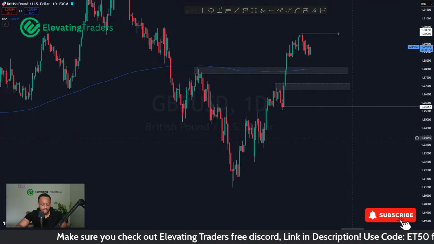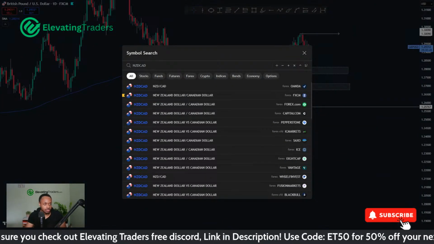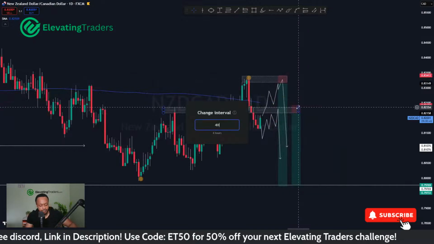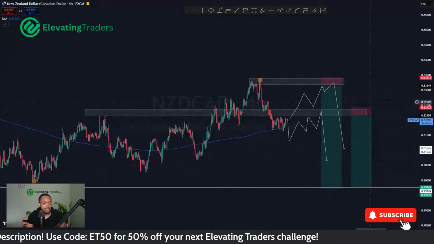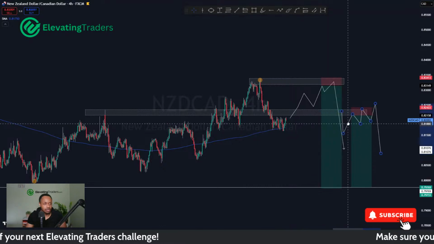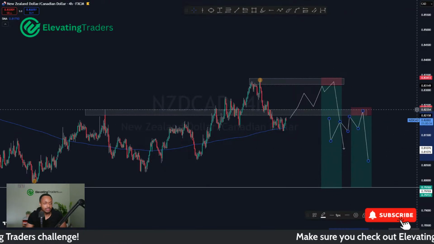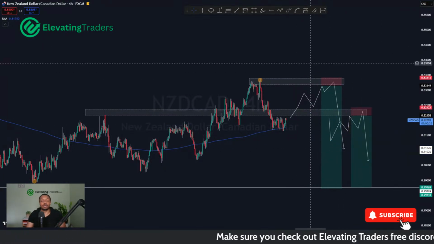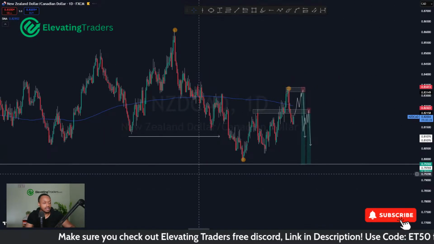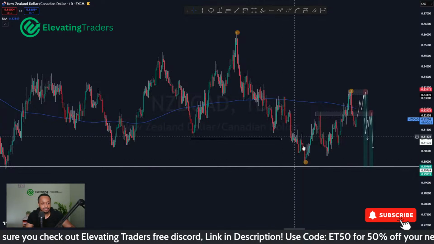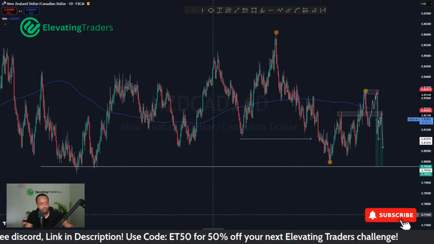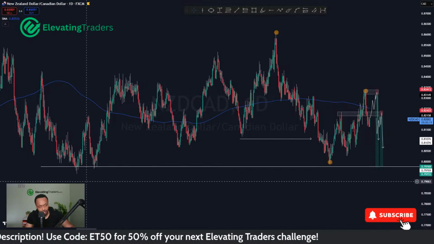And New Zealand CAD as well. New Zealand CAD, I like the shorts. Couple of levels I'm looking at. Either the retest of the high up there or the retest of this level here. Like I said, I need a little bit of a bigger breakout before I do get short on this level. But yeah, I'm looking for a pretty big swing here for New Zealand CAD. The idea is that we broke through the swing low here, having a bit of a correction afterwards, and now we'll likely see the continuation of that move and smash into support down here.